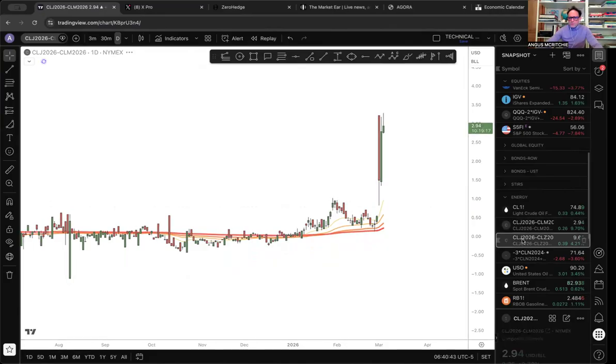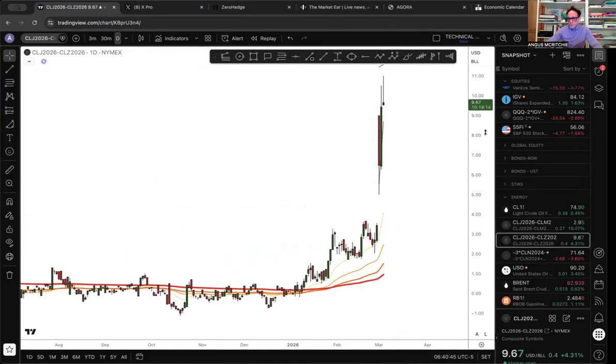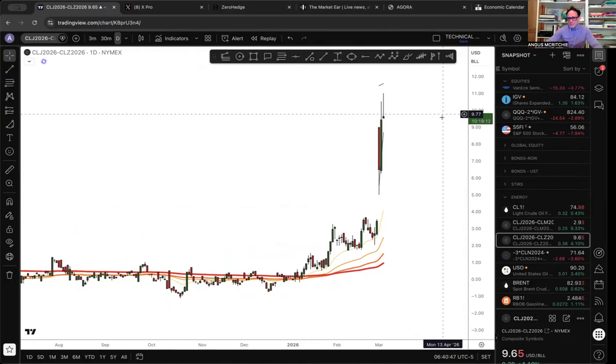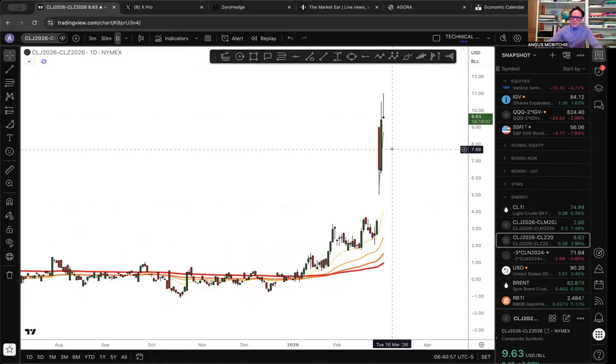Also, if we look at April to December, you can see that that's almost up to a premium of over $10 now, which is very high from a historical point of view. So you can see here that the market is definitely signaling physical tightness for immediate deliveries in the front end. So we see that sort of a curve here in backwardation.